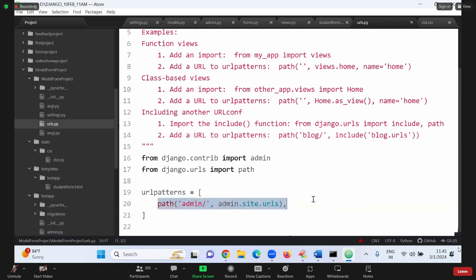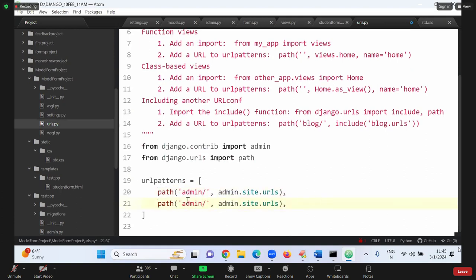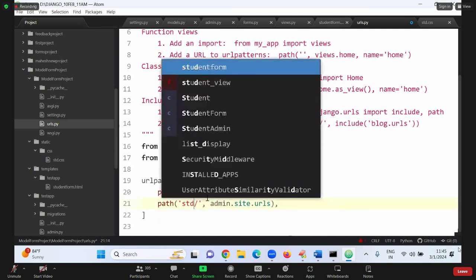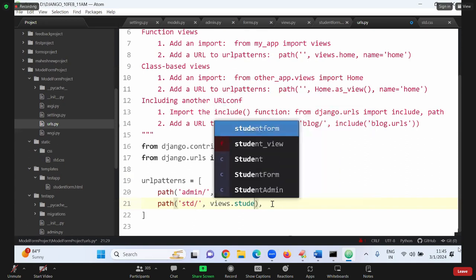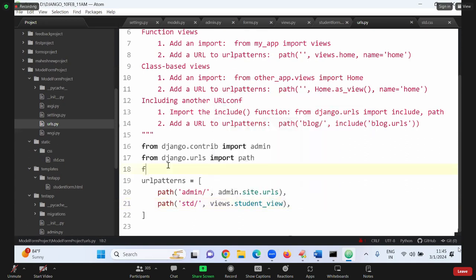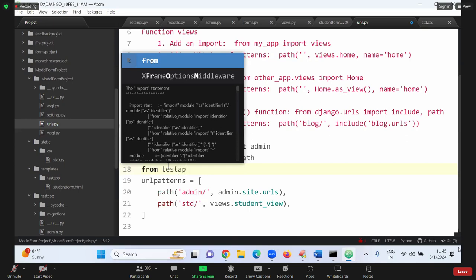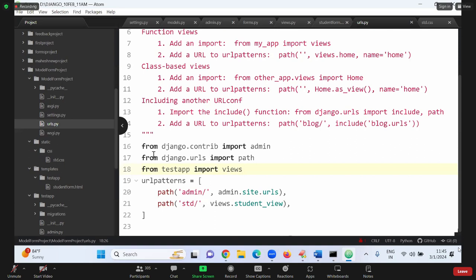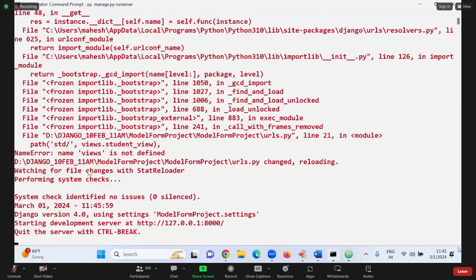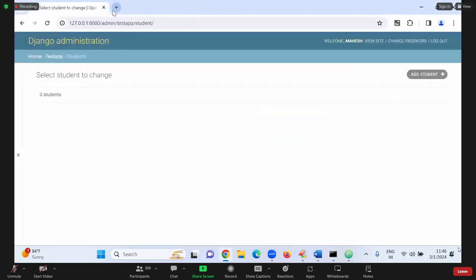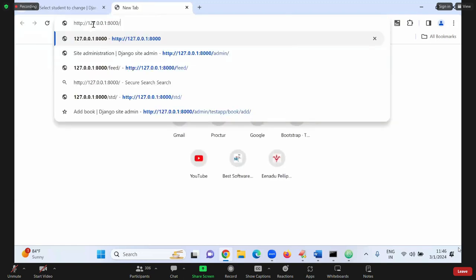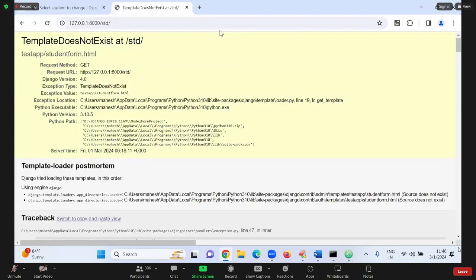In URLs, you have to give any URL, you have to give std. My view is available. Views dot student view from test app import views. Done total. See the server status first. Server is okay. Now copy the address. Go to some new browser. std is the URL pattern. Click on enter. Sorry,